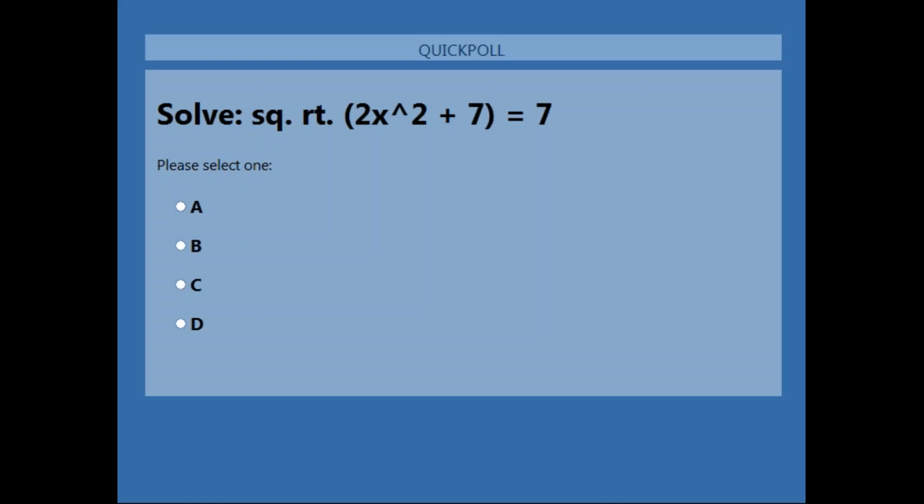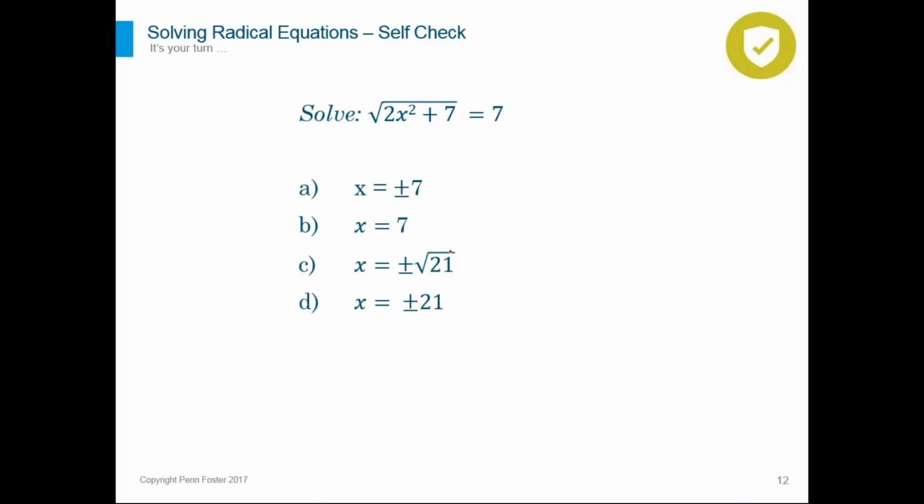Okay, let me share my answer for this question. And the answer for this radical equation is C. C is the correct value for x, either positive the square root of 21, or negative the square root of